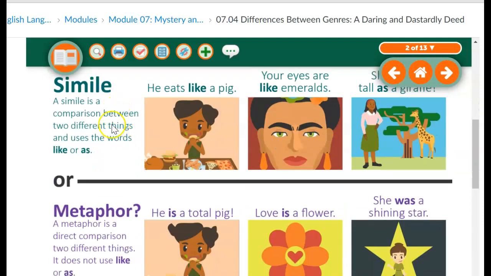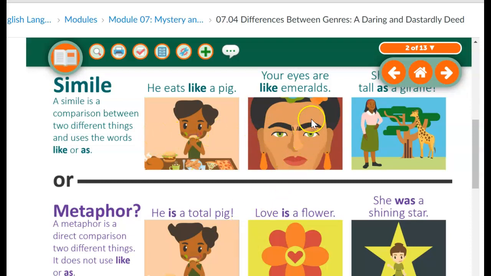So here's some more examples of a simile. So remember they use like or as. So he eats like a pig. Does that mean he turns into a pig? No. What do you think that means, he eats like a pig? Angel, what do you think? He eats very messily. Well said, yes. You can see how he's got food, because if you think of a pig eating, they just root around in the food and the dirt. They don't care if they get dirt all over them.